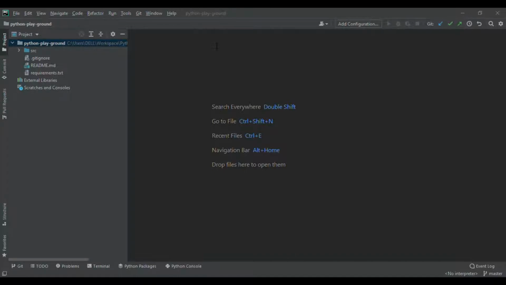So I'm going to search for another thing, Sonar, which will do your code quality check before you commit your changes. Like that you can find a lot of useful plugins and you can install them.